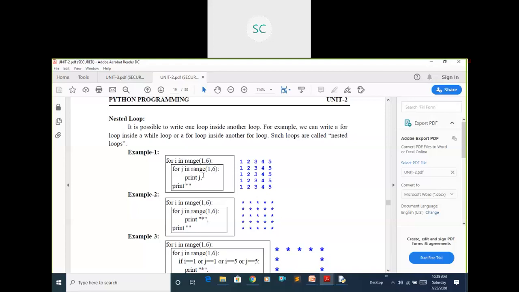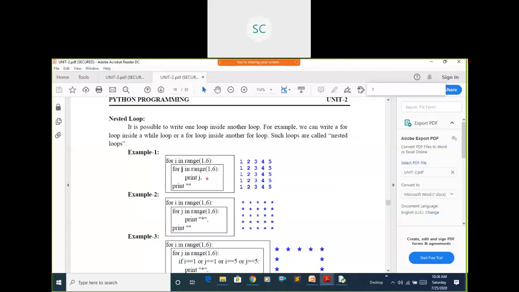See, if I write one if statement in another if statement, that is a nested if, right? In the same way here also you can write one loop in another loop. This concept you can say is nested loops. This is one for loop. Within this for loop I have one more for loop. Here same for j. For j in the range, same range I have taken. Range is 1 to 5, means up to 5 it will print.